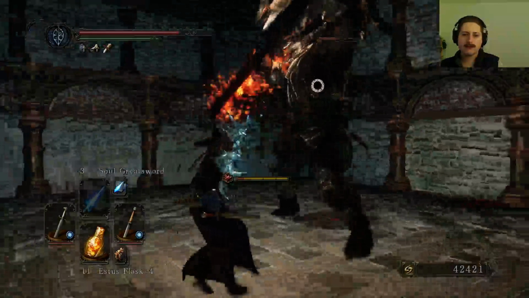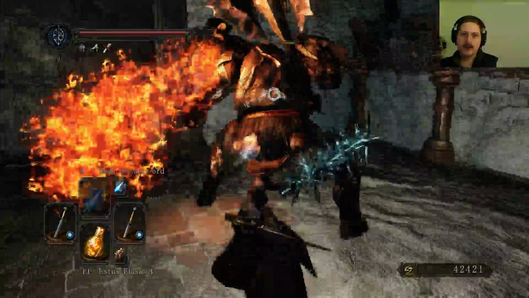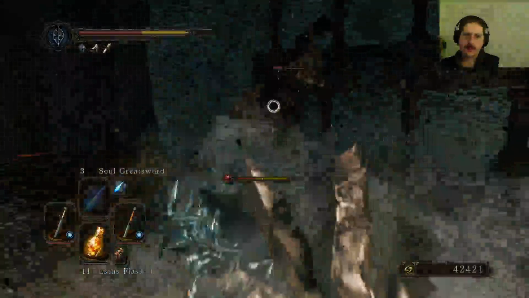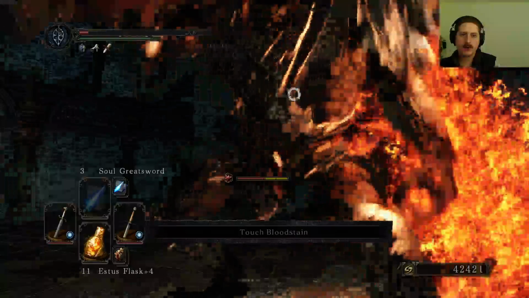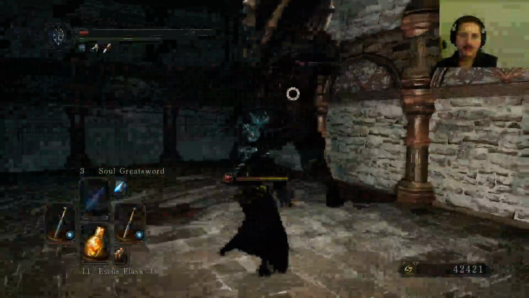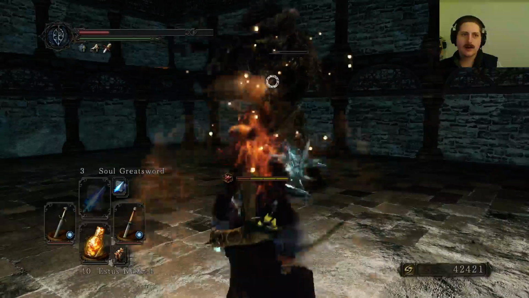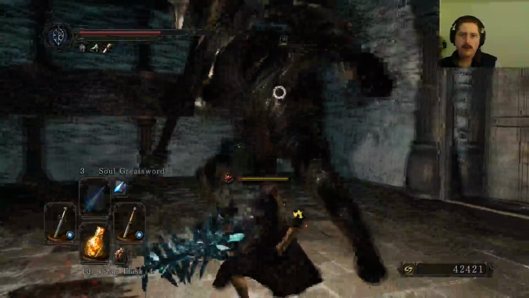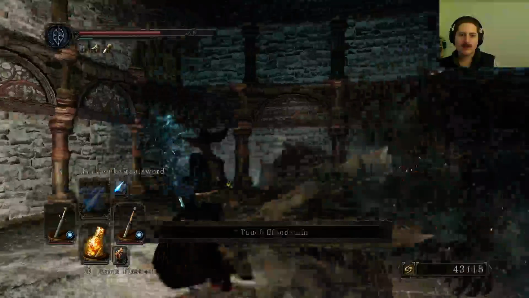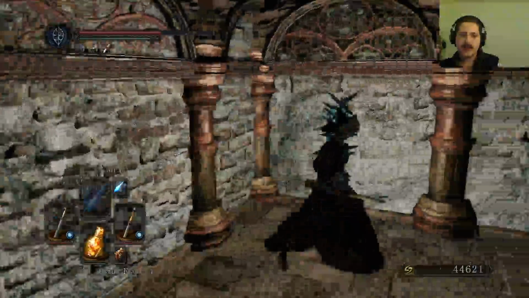Estus. Probably need to start avoiding the fire side. Oh, that was a bad dodge. Oh, that was a worse dodge. That one looked like a bad dodge, but actually was good enough. You're gonna swing a second time, but so am I. And finally, Crystal Magic Weapon pays off. So,